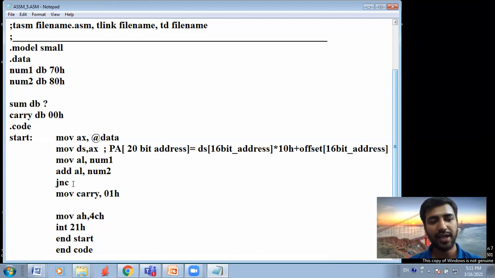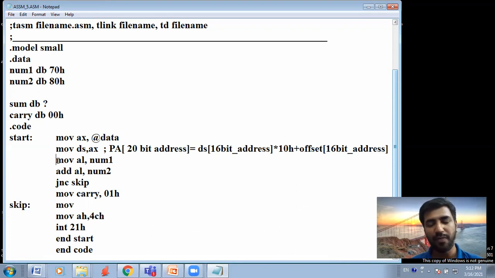So jump if no carry, you will skip, and this is the way of defining the labels. Your program control will skip this part and will jump to this location in the code segment. These are codes written in the code segment, and every line has a definite address. The address depends on their size. Suppose this occupies 3 bytes, so the next instruction would be 3 bytes ahead.